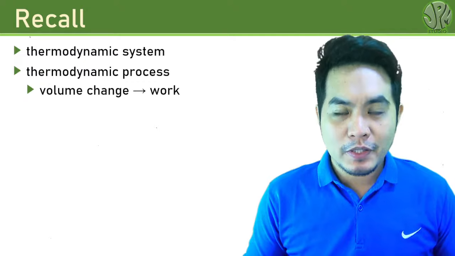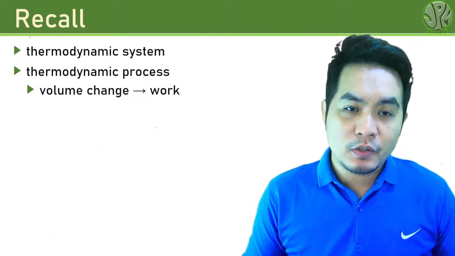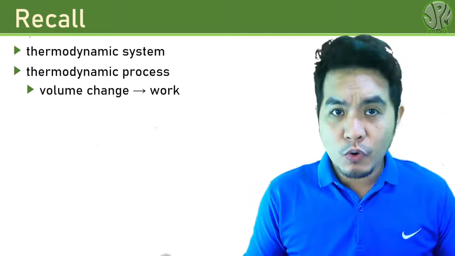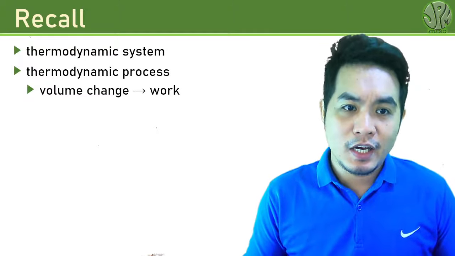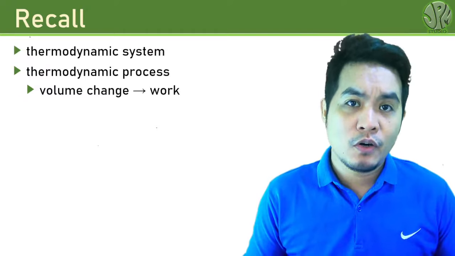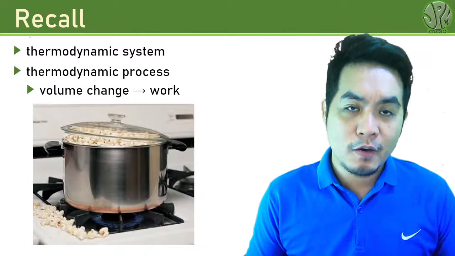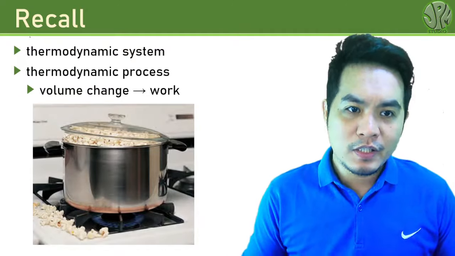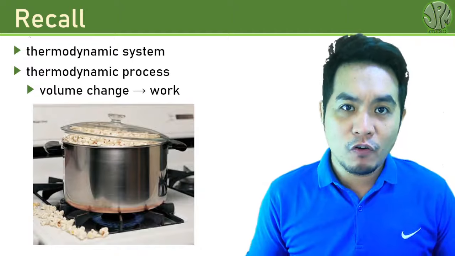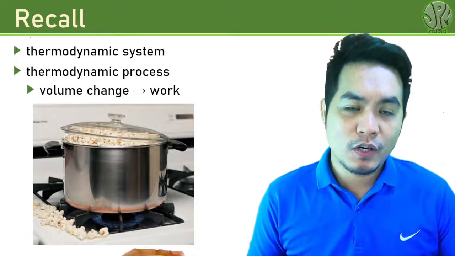So we found out in the previous lesson that in a thermodynamic process called change in volume, work can actually be done by the system, or done on the system. Such as in the previous example, we showed a popcorn thermodynamic system, and the volume of the popcorn changes because it absorbs heat and it does work on the